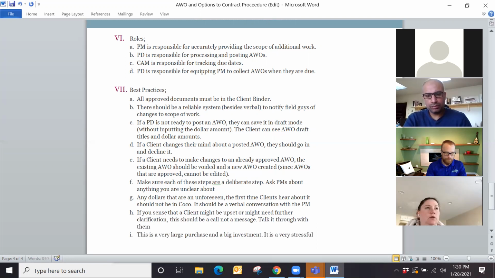One last thing, if you have approved an AWO that adds time to your schedule, please let the keeper of the pulse know because they will add it. Well, the keeper of the pulse will know because the keeper of the pulse will be the one putting it in the field that says add time. Yeah, not if a PM is doing it. If a PM is creating a purchase order and posting it, or another PD is doing it, then